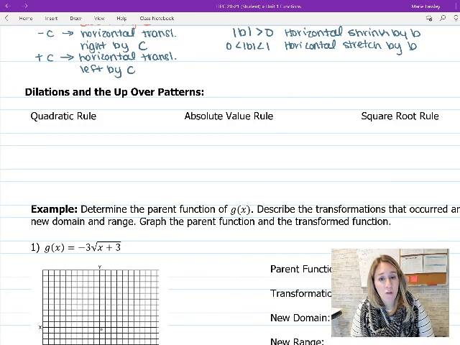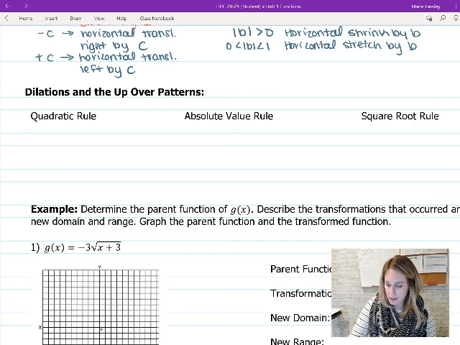All right, what an up-over pattern is, it's basically saying starting at the vertex,